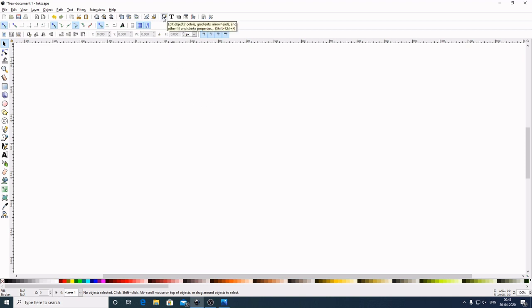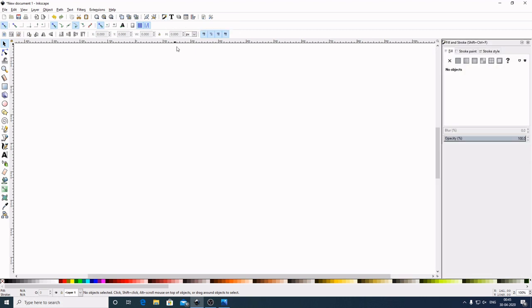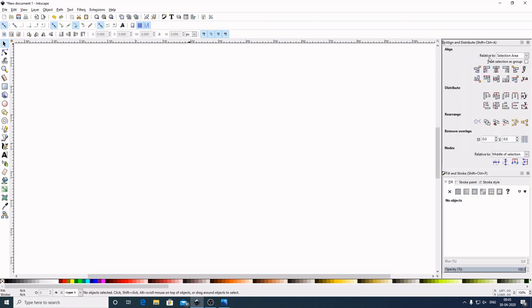Now open up this, Edit Object Color Gradient. Also open this one, Align and Distribute Objects. Now come here from the drop down, select this Last Selected. Now I will first create a rectangle.